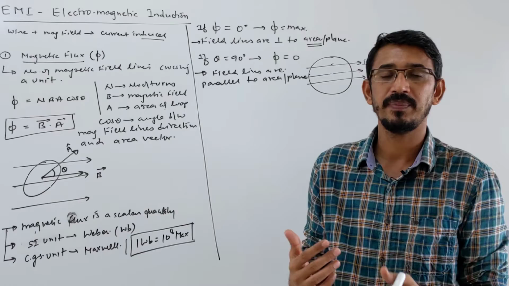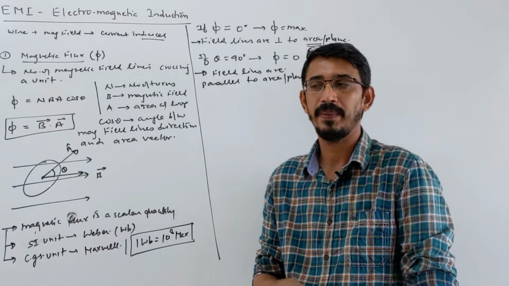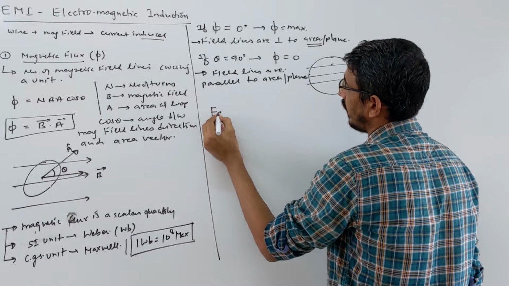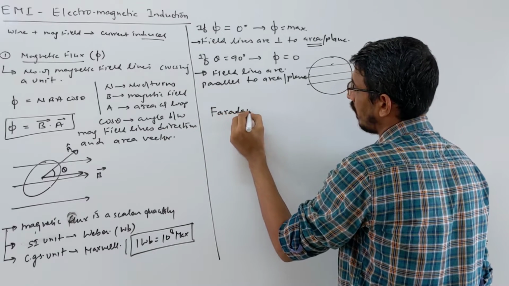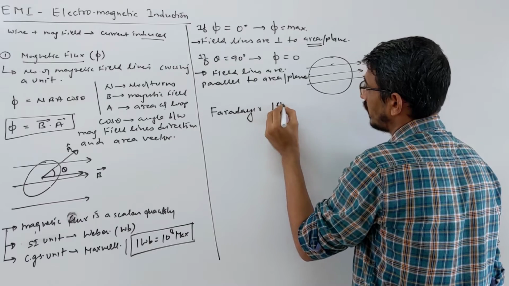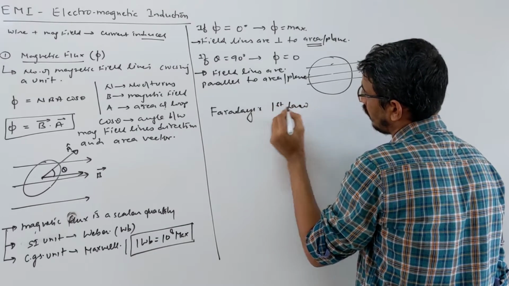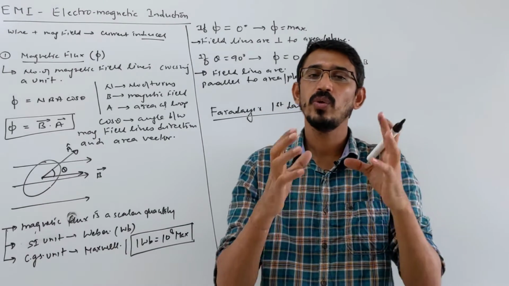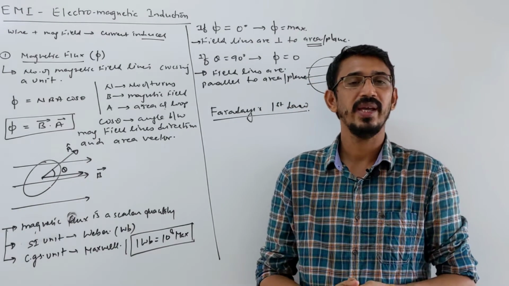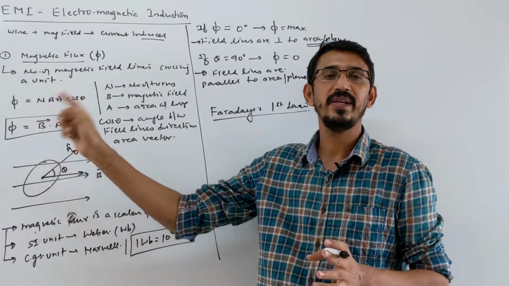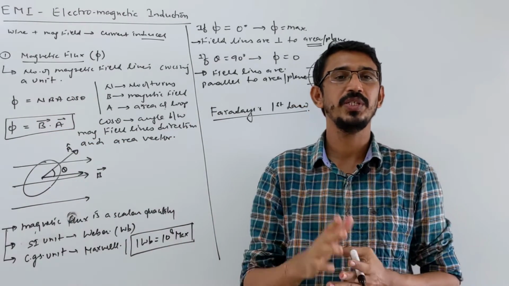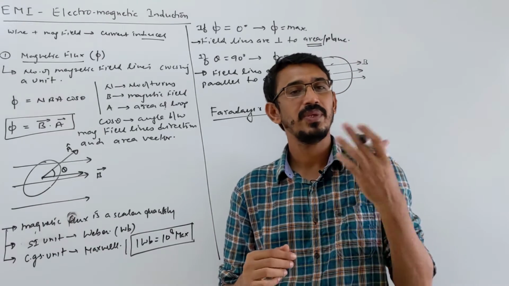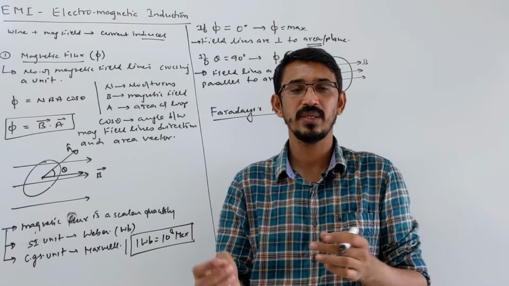Okay, now we will talk about some rules which give induction. The chapter name we are learning is electromagnetic induction. So look here, these are called Faraday's laws. First I am writing Faraday's first law. What this law says is that any closed loop, any closed circuit you have, if the magnetic flux linked with that coil or that loop is changing, then an EMF is induced in that coil.